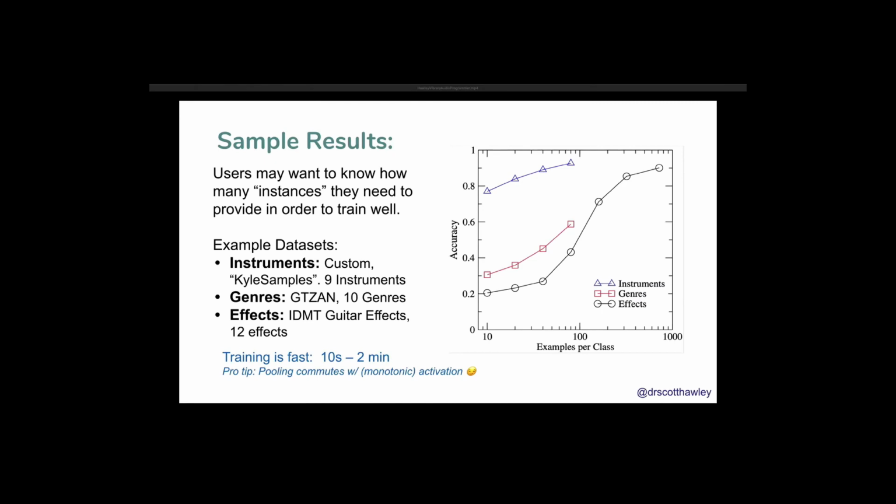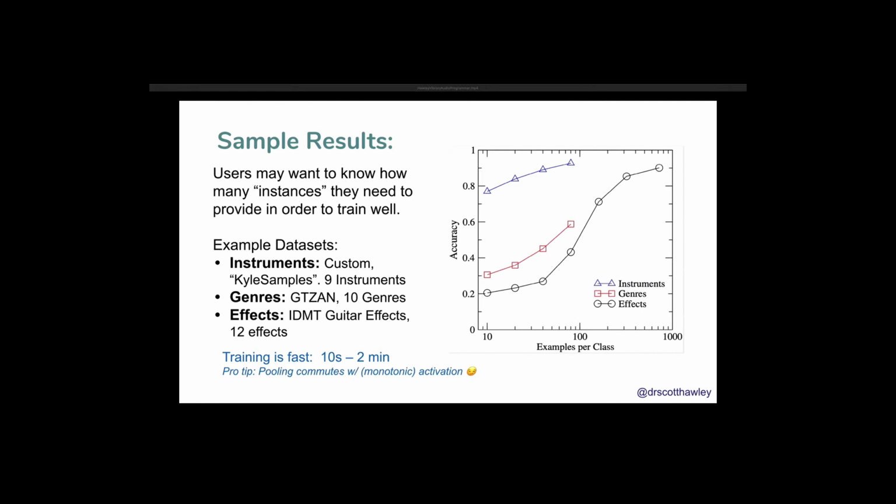And the answer is, well, it depends. So I did some tests. My friend Kyle is a composer, Kyle Baker, and he provided me with a data set of 9 different instruments that he had. There's a rather well-known genre database called GTZan, and Fraunhofer IDMT has a data set of guitar effects. What I did was I plotted sort of the accuracy of the model versus how many examples you supply